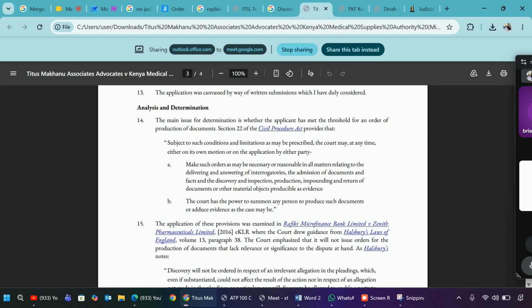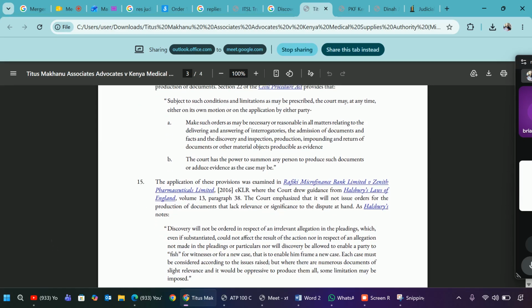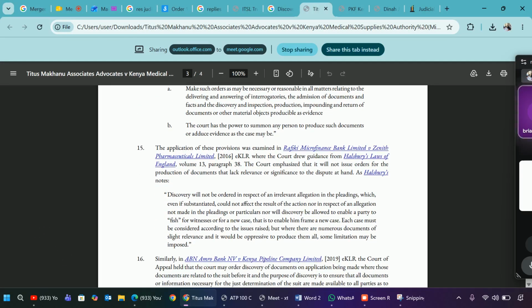The court has the power to summon any person to produce such documents or adduce evidence as the case may be. So discovery will not be ordered in respect of an irrelevant allegation in the pleadings, which even if substantiated, could not affect the result of the cause of action,